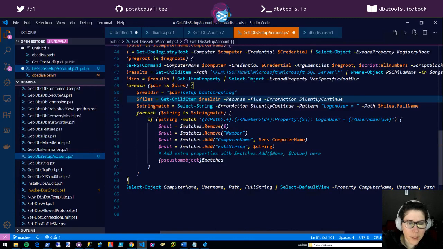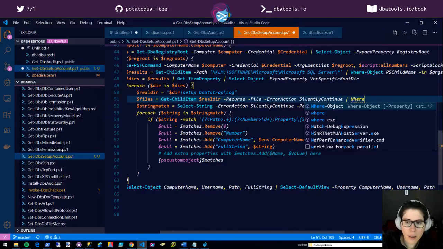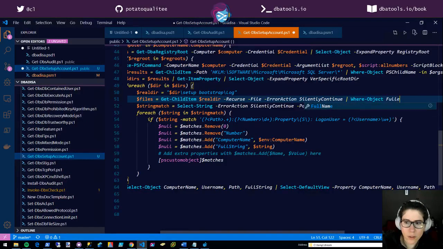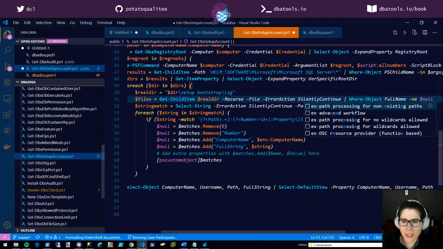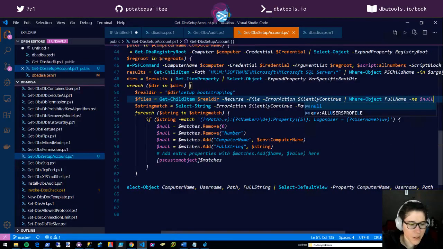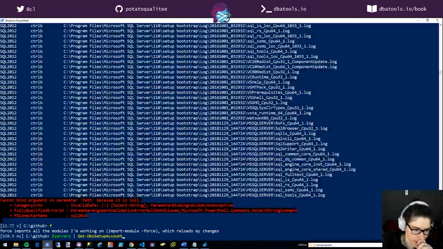What's wrong with that? Okay, there we go. Where-Object FullName, and which is essentially where it doesn't equal null. So let's see if we can get it to work better.